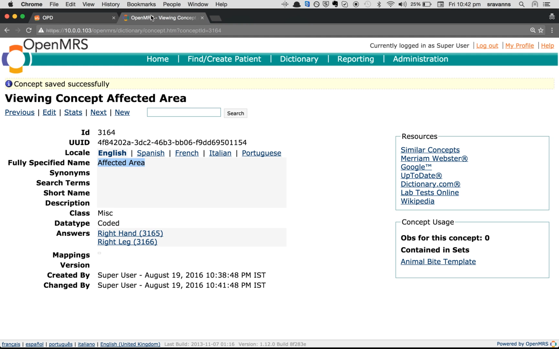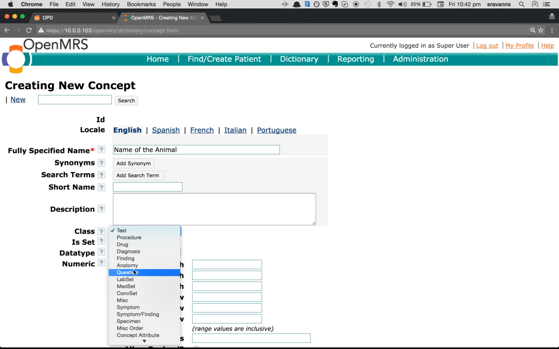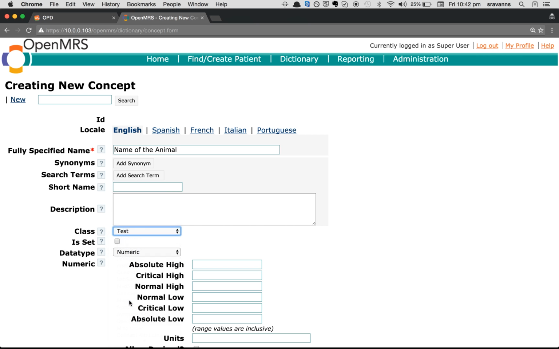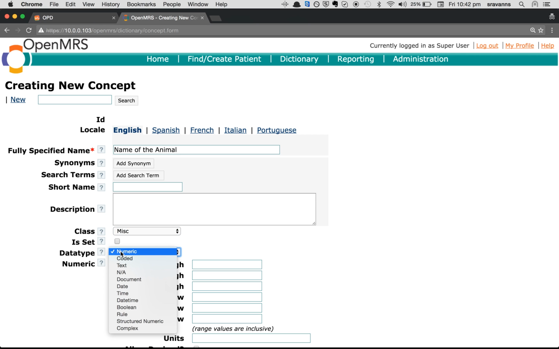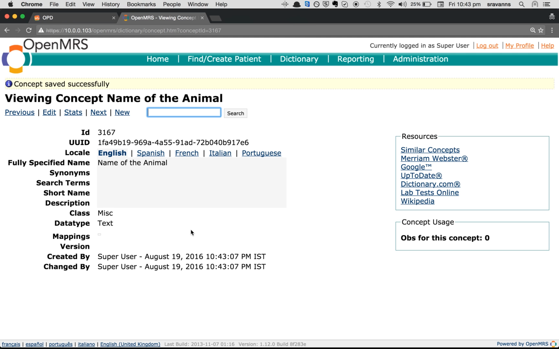So go to OpenMRS, click on create new concept, and then add the fully specified name of the animal, class is miscellaneous, MISC, and then the data type for this is text. So it is text, and then click on save concept. And now, as we have already done,